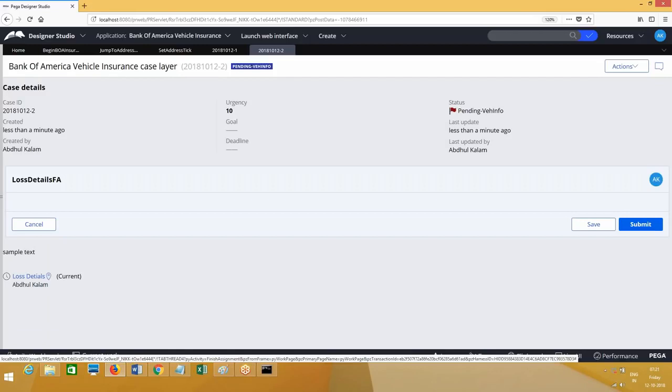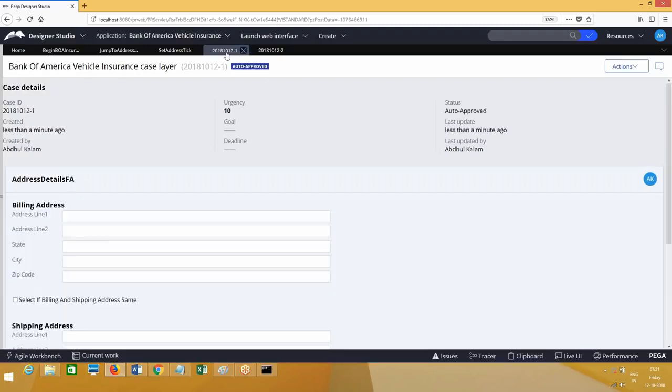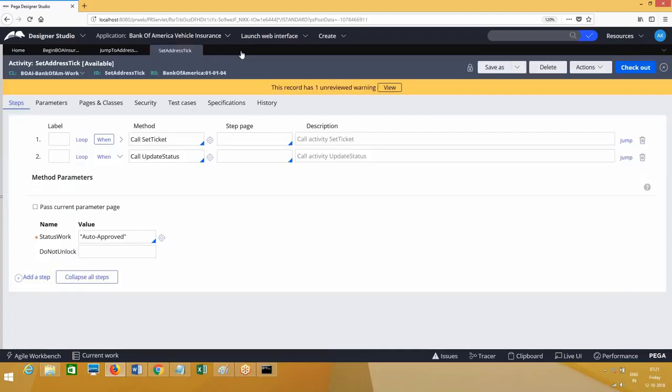Again, here page should be created. But it is going to last details. So in case where I have selected the checkbox of brand new vehicle, it directly went to address details. So your workflow case has been jumped to address details, and status is updated to auto approved. So this is clear, everyone.